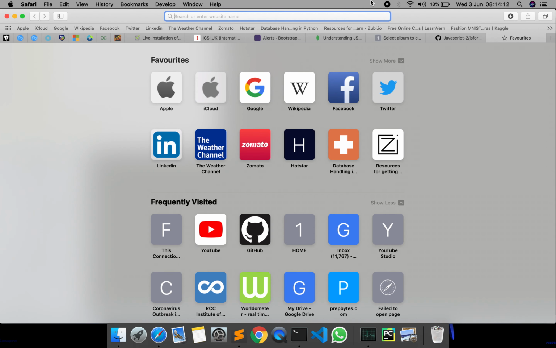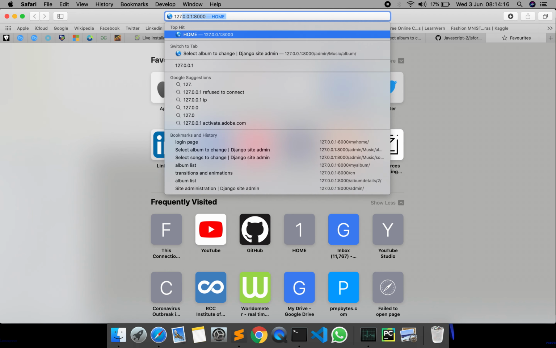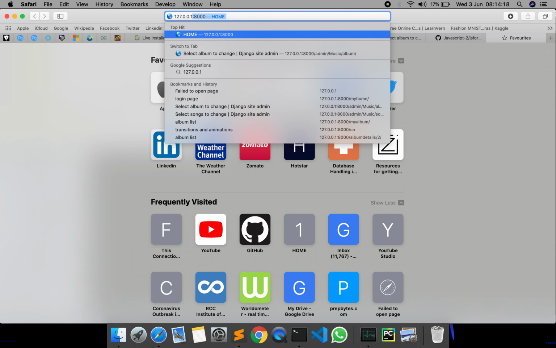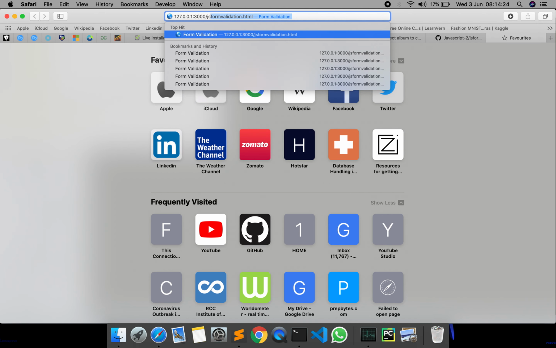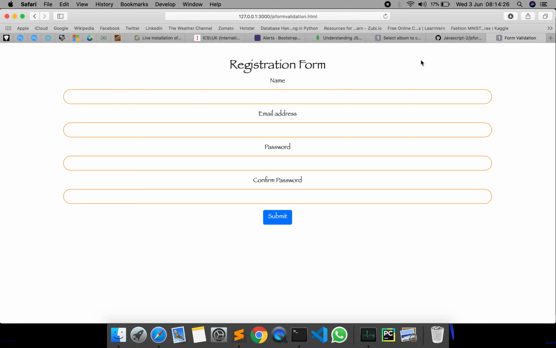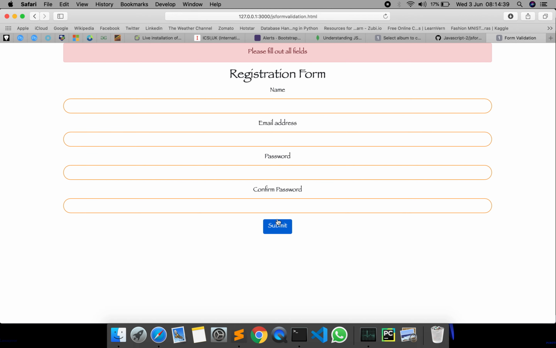We are going to create a registration form like this. What is the benefit of such a form? If I submit the form blank, just pressing the submit button, see, it says please fill out all the details.